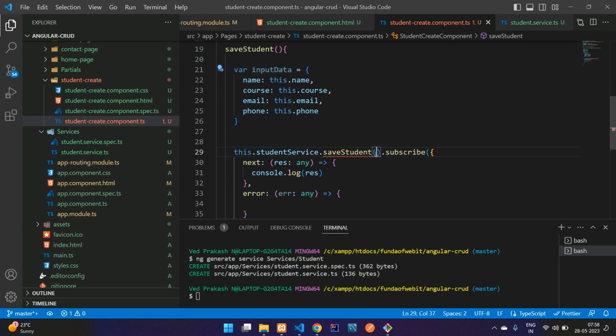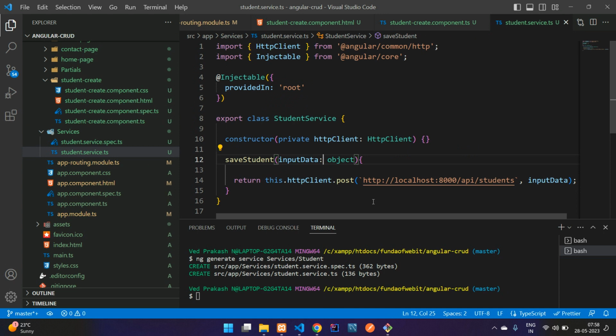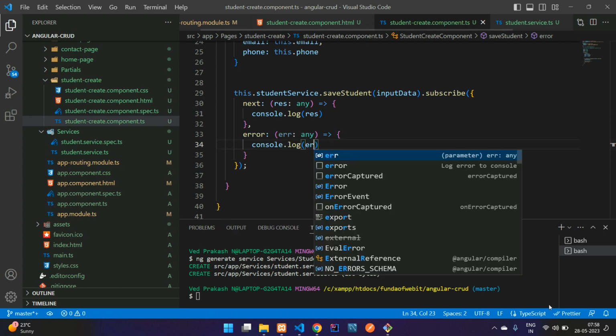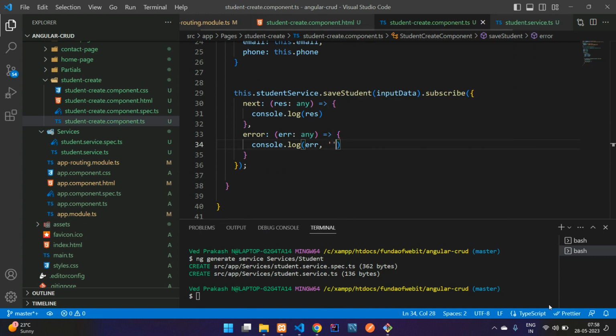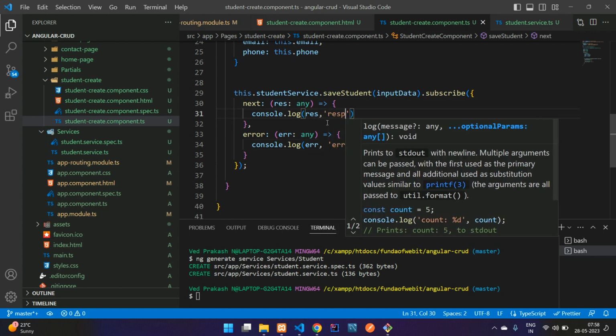We take that and pass it inside this function, and this save student function goes to the student service, which is calling that HTTP client post request. Okay, so now get back and copy this and paste inside the error also. So let's write err, error, comma, here these are errors and this is your response. So response. Okay,